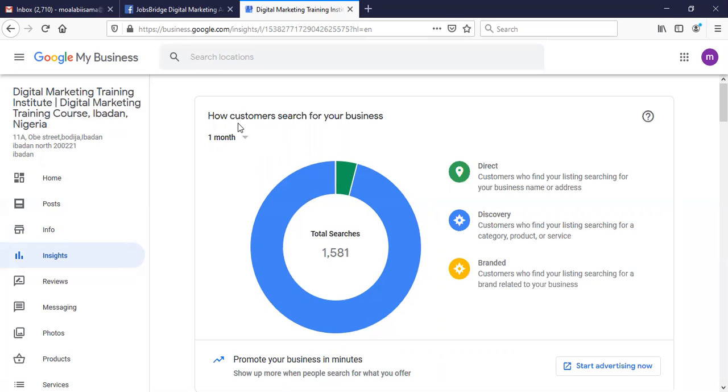Now, this is telling me how customers search for your business. It's telling me direct customers who find your listing searching for your business name or address. That's 64 people in the past 30 days. This green is the direct. These are people who actually went online and typed in Jobs Bridge Digital Marketing Academy, and they ended up on this profile. Now, if you look at this, discovery: customers who find your listing searching for a category, product, or service. You can see